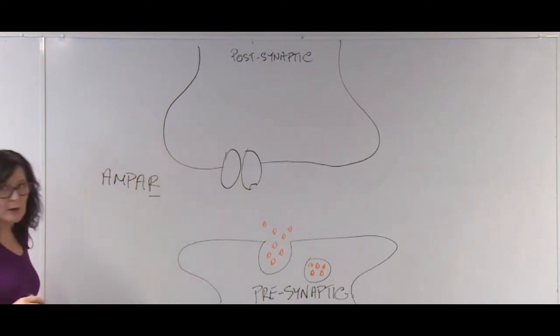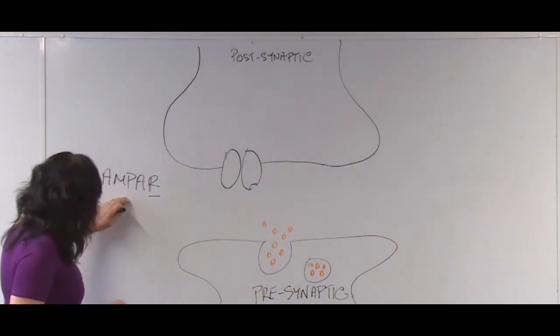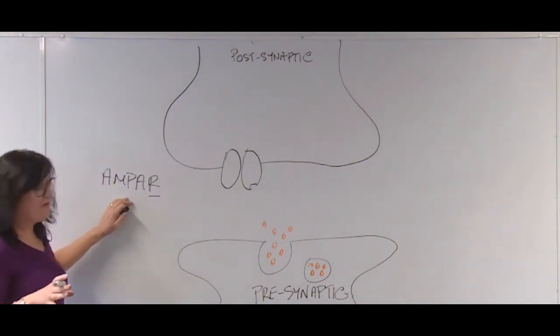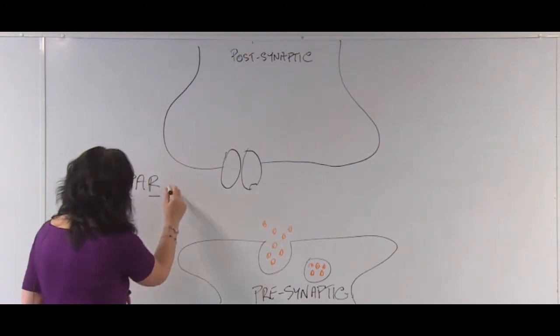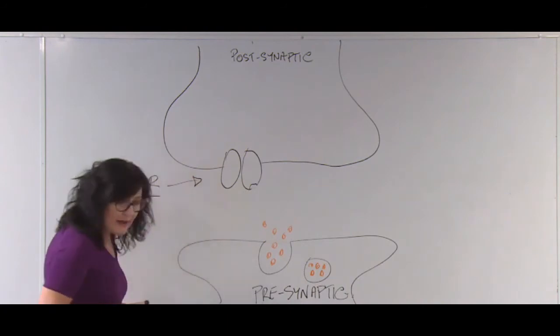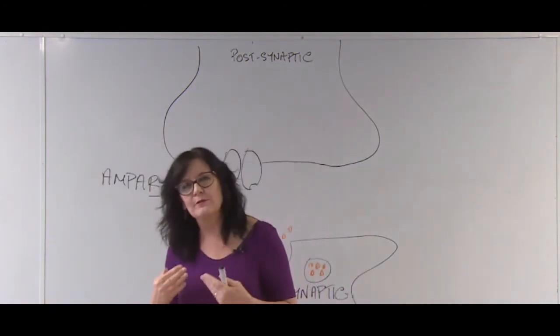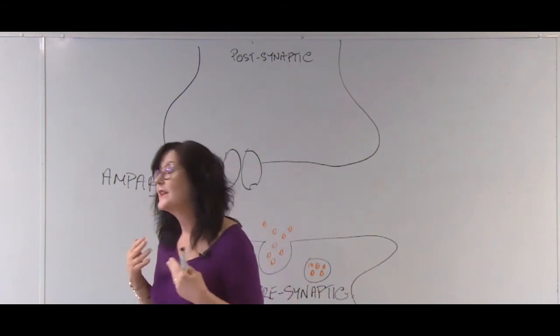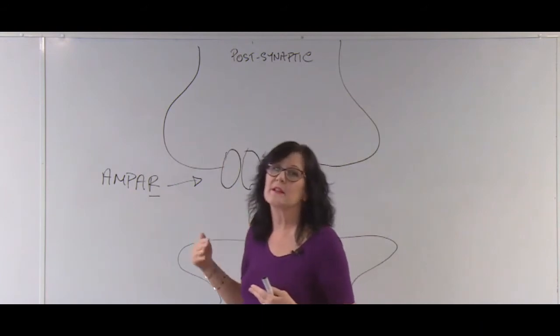R is for receptor. As I said before, the AMPA you don't want to know, really. This is quite an acceptable abbreviation. We're going to stick with this one. So this is our AMPA channel. And this is the channel that is mainly responsible for creating EPSPs in our postsynaptic neuron and transmitting that action